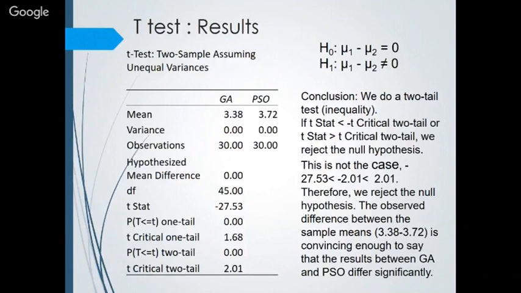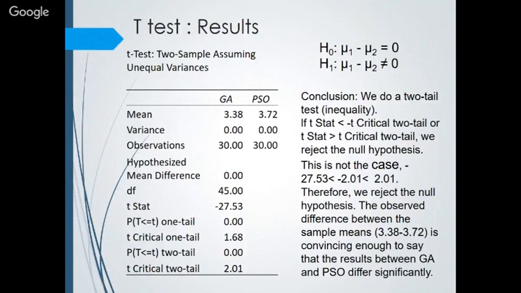What is our alternative or experimental hypothesis? There is a difference in the mean of the first experiment and the mean value of the second experiment. So from this we can conclude that we do a 2-tail test. We selected inequality of variance here. We already discussed in the previous slide that there is inequality. Then what we will do? We will do a 2-tail test.